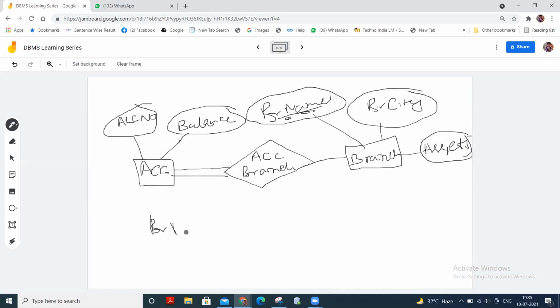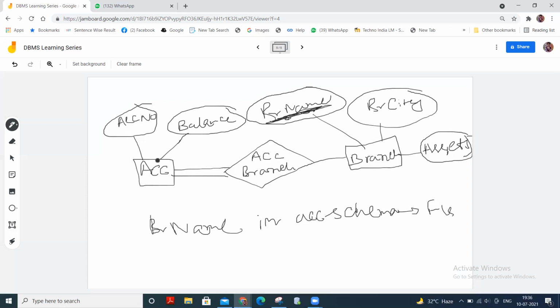So here branch name in the account schema, means account table, is a foreign key from the account schema referencing the branch schema, since branch name is the primary key of the branch schema. Okay, and yes, branch name is the primary key of branch schema. So branch name is the foreign key of account schema. So a database schema along with primary key and foreign key dependencies can be depicted pictorially by schema diagrams.